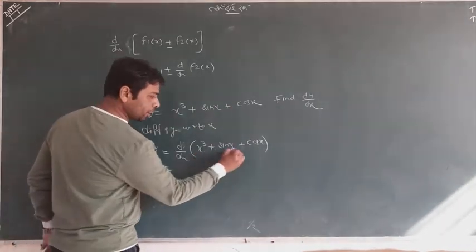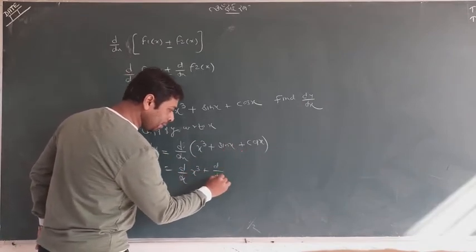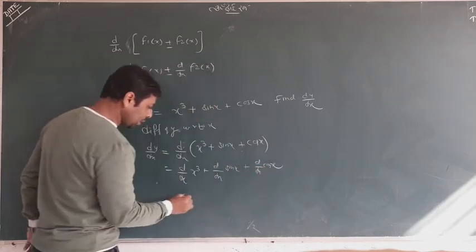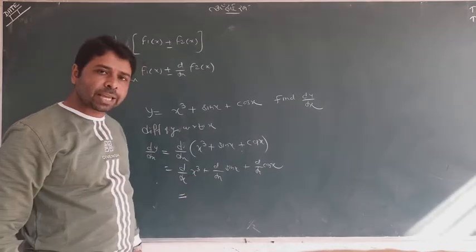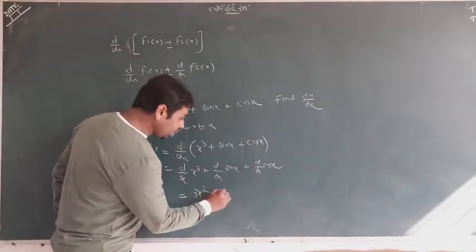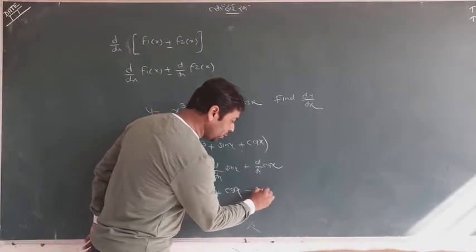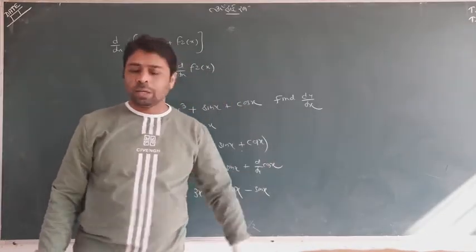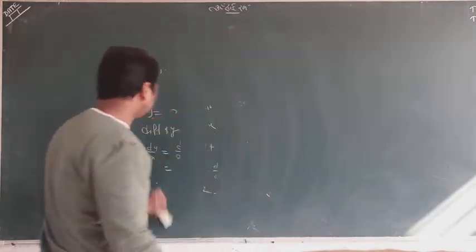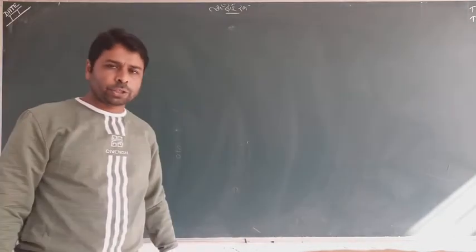Then we have three functions with plus signs. So you only separate d by dx with x to the power 3, d by dx with sin x, and d by dx with cos x, like that. Now find your answer. x to the power 3 is just like x to the power n: the power comes in front and 1 is subtracted from the power. The differentiation of sin x is cos x, and the differentiation of cos x is minus sin x. You know it, and that is the answer. It was nothing hard. You will learn a lot of this afterward. So whenever we have plus and minus, we only separate the differentiation operator.